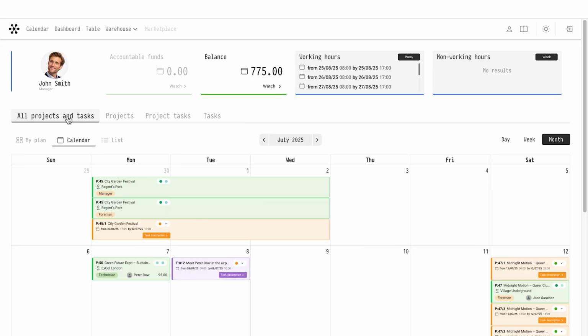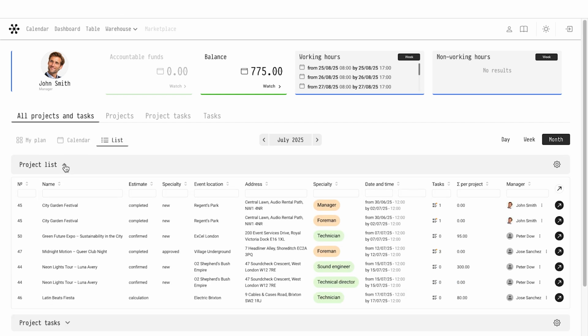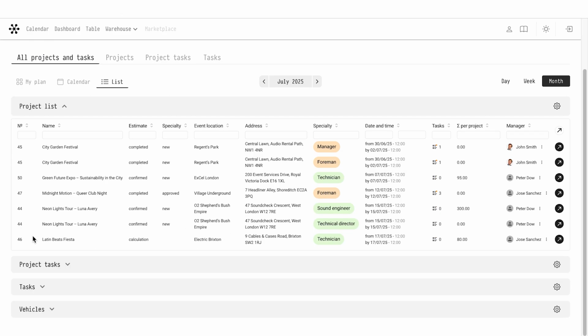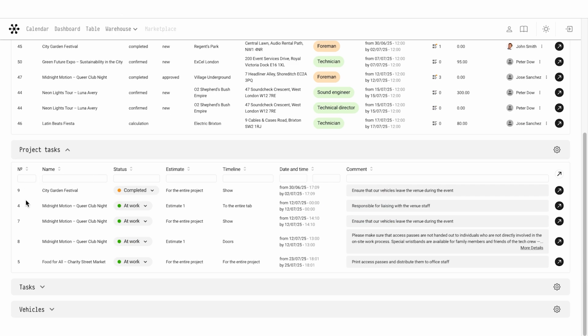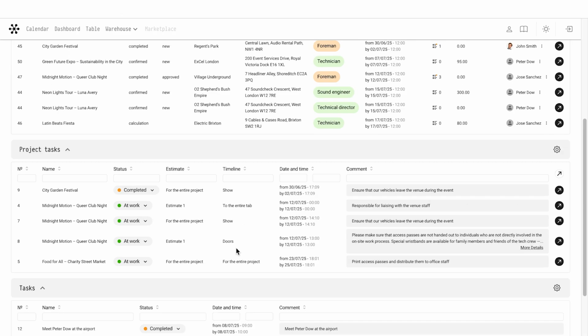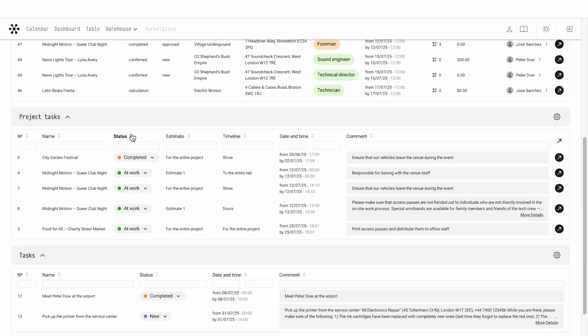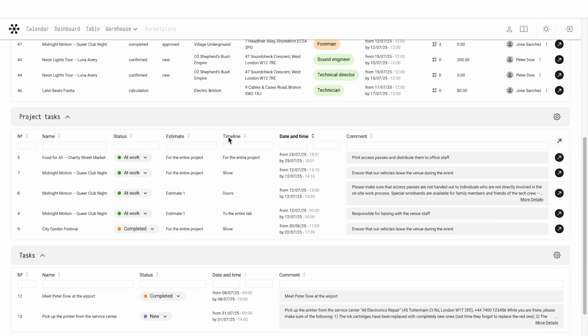Let's take a look at the next display mode, the one called List. This is a table of all projects and tasks for the selected period. Here, the cards are converted into list rows. Each row represents a project or task. In this mode, unlike the others, very flexible sorting and filtering of cards is available by types of data, by